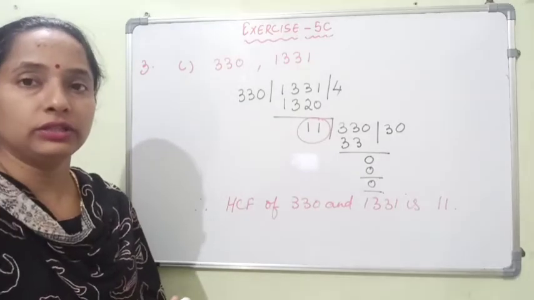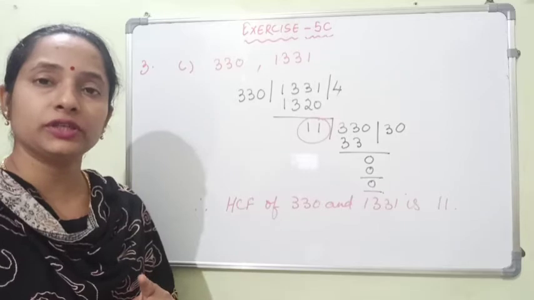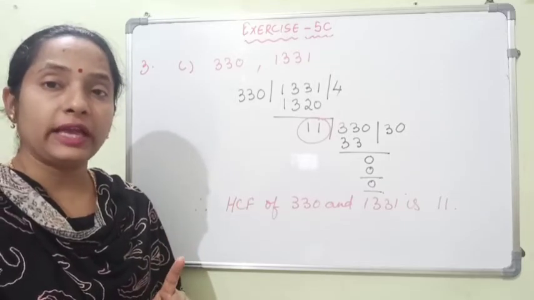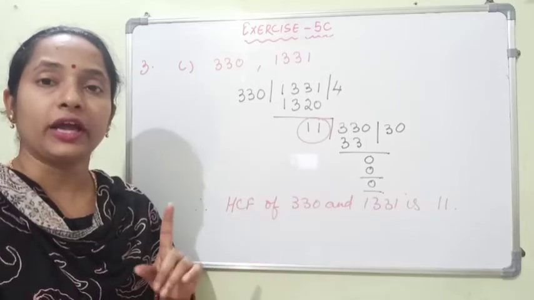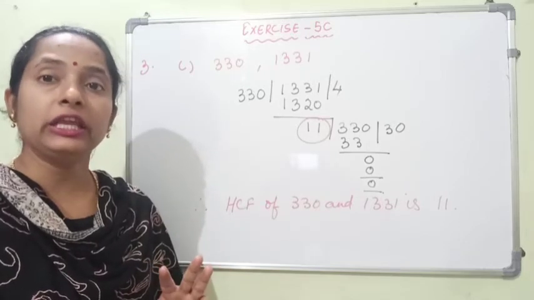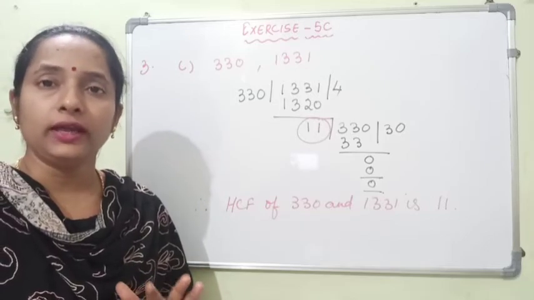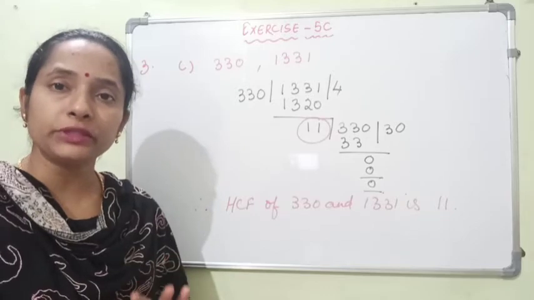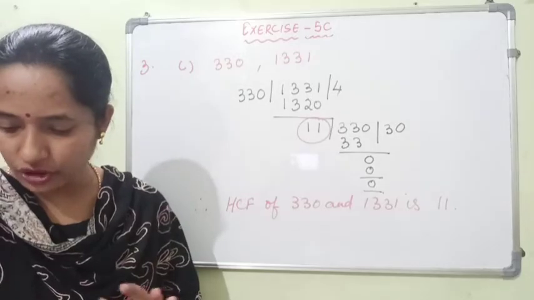Okay, so this is the way how you will do it, and the rest of the long division method sums you have to do by yourself, because in the explanation of these different methods of finding HCF, I have already given you the hint about how to find the HCF for 3 different numbers also. So you just go through the video thoroughly and try to understand the procedure, and even go through the example sums given in your book, and then start solving these sums given in your exercise.